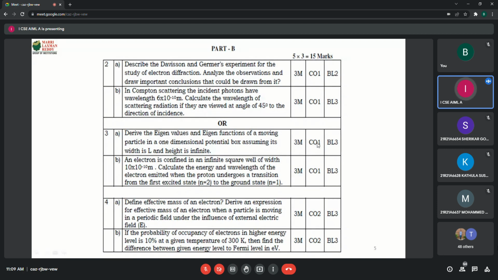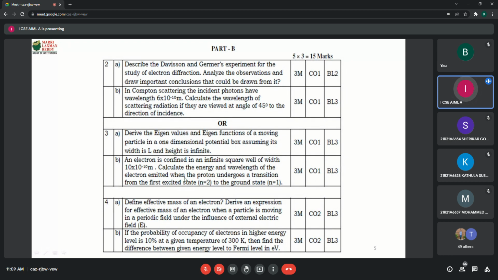Okay. Now you see, the third question is also from unit 1 only. How did you come to know, sir? Blindly? I want to know that. Here you check the COs. If here it is 1, it is nothing but from unit 1. Here it is 1, which means it is unit 1. If this number were changed, then we can expect that it is from that particular unit. Okay, so 2 and 3 are from unit 1, and this is the problem.